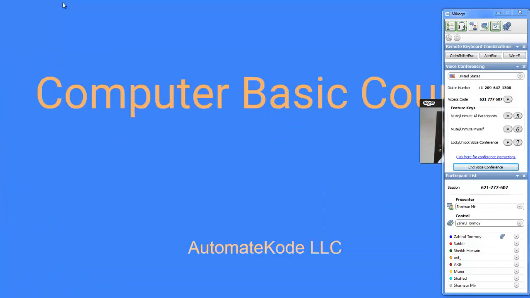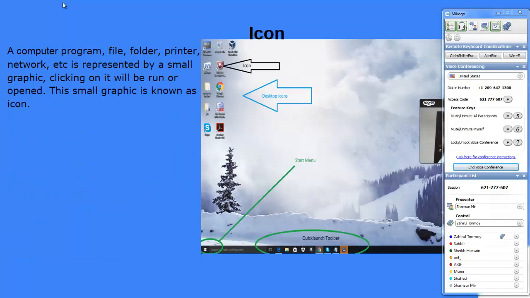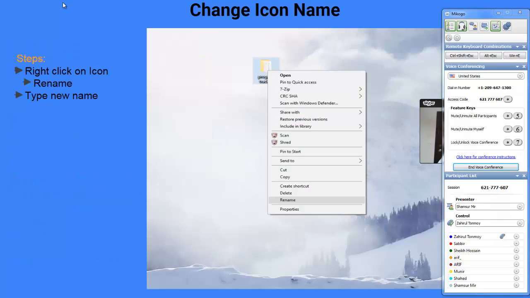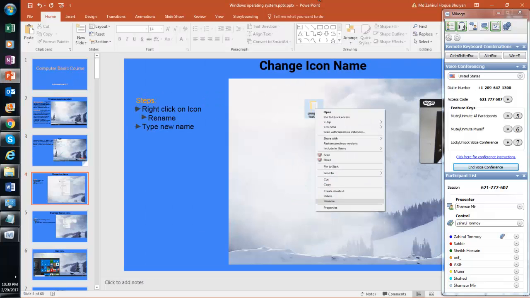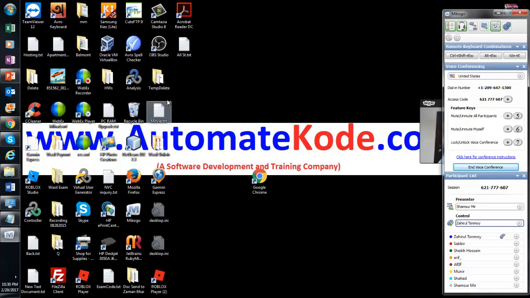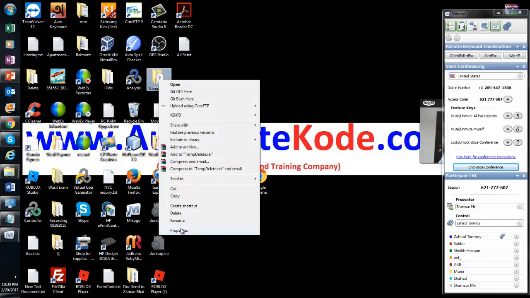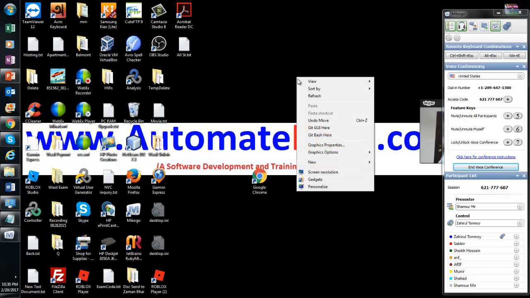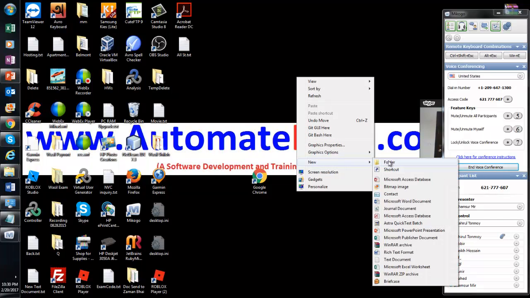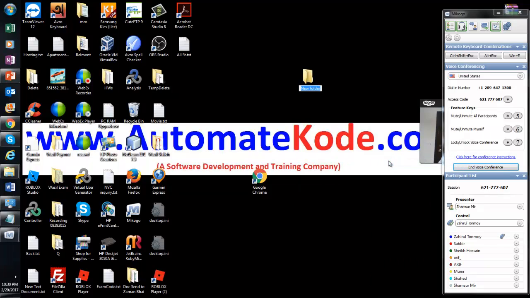Now let's say you have an icon and you want to change its name. So you right click on it. And it is always better, when you are creating a new folder, let's say I'm creating a new folder to store some files or some materials, always, let's say,